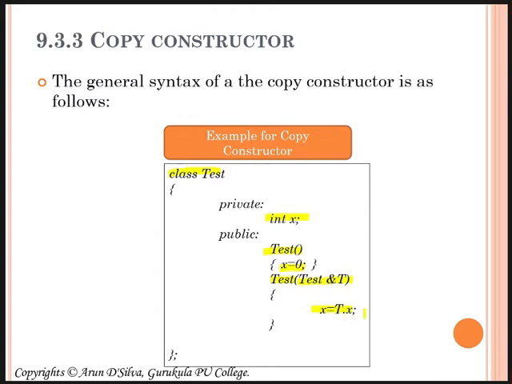So the t dot x value I am assigning to the current object. This means the argument object's value will be copied to the current object. This is the way we do it.